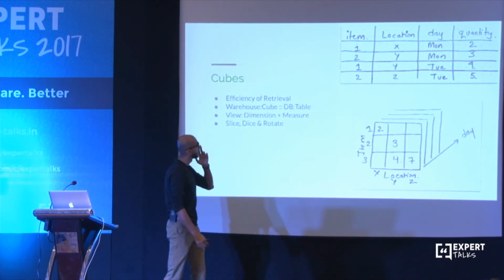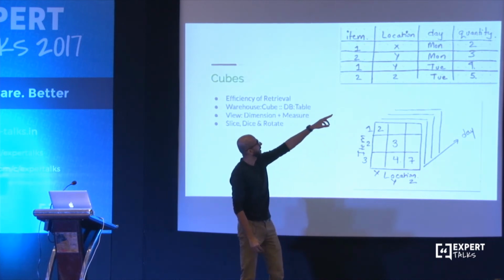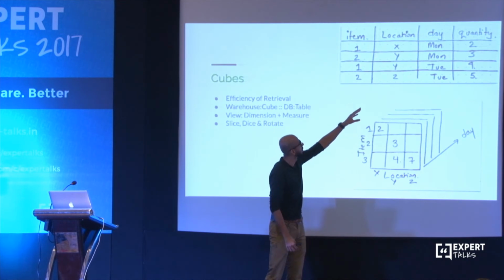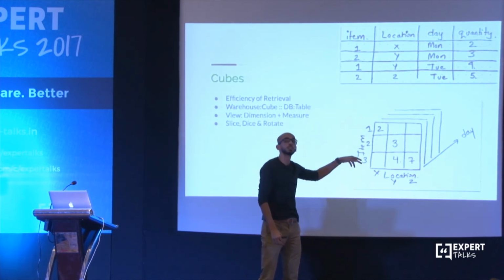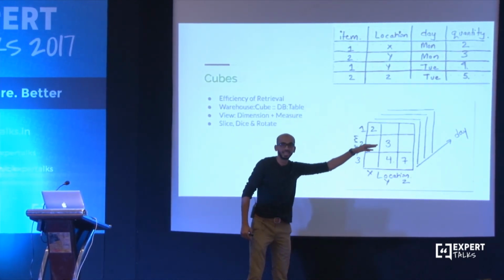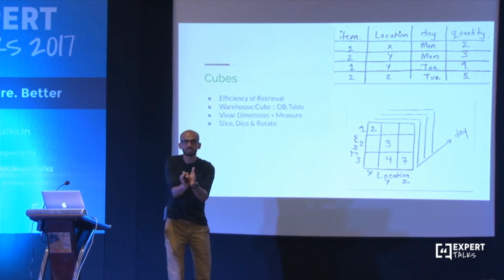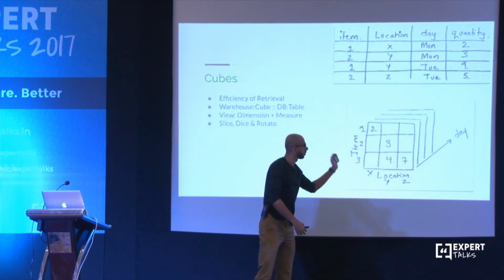Now let's take a sample example of item, location, day and quantity. This table, if you are familiar, can serve a lot of queries, like on this day, how many items were sold for this location? Or how many times is this item sold on that day? So it's sort of a multi-dimensional query view for you. Effectively, it's just a table of SQL. But if you have to visualize it, you can visualize it as like this.